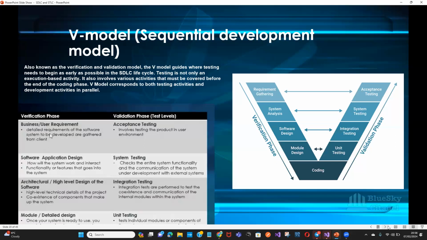You check the entire system functionality and the communication of the system under development with external systems. You also then have the architectural high-level design of the software, the high-level technical details of the project, the coexistence of the components that make up the system and all that. That is where integration testing comes in, and then the module detailed design, which goes with unit testing. So that is how the V-model is, which is the second